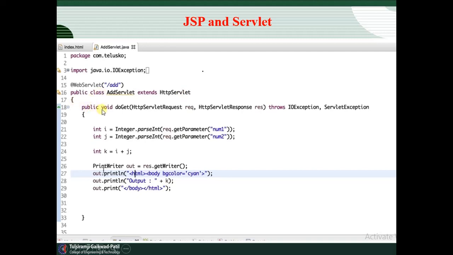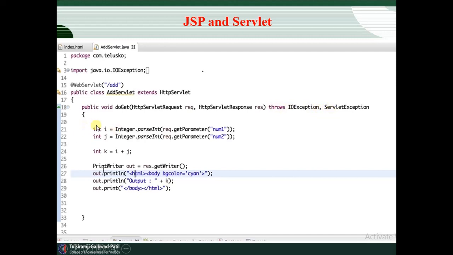Now we know that we have the service, in which we have the request and response, so we create it using public void doGet, with HttpServletRequest req, comma, HttpServletResponse res, and we also throw exceptions using ServletException.